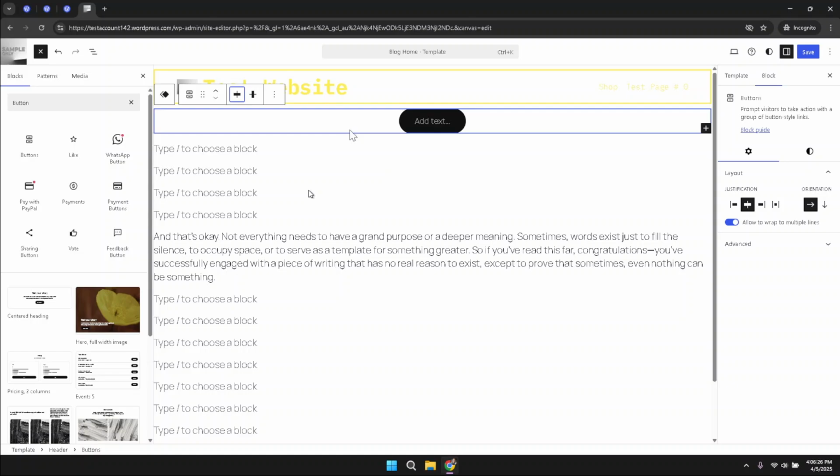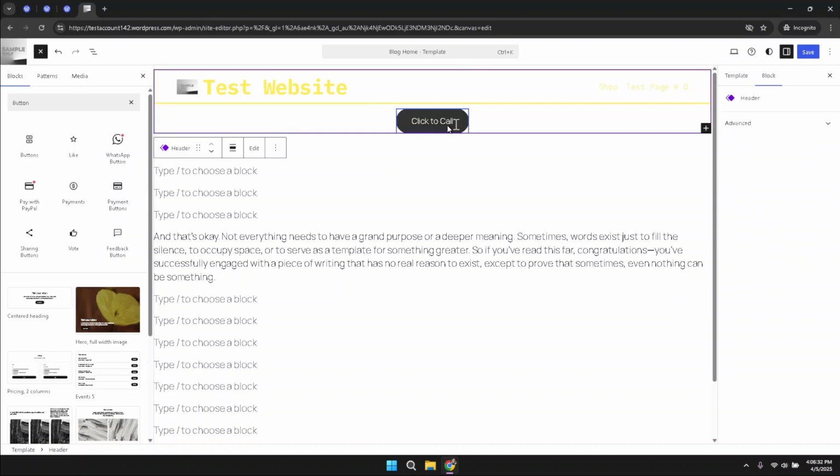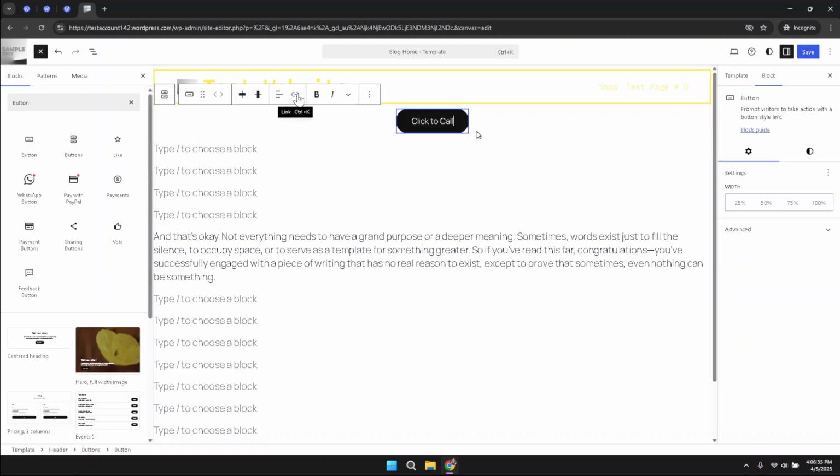and after that here you can see we have already placed the button like this, and here you can just simply type in click to call. And once you click on the click to call, here you can see it will simply look like this. And after that, once you click on this button, you will get the option of link here. Here you can see something like this icon. You have to just simply click on it, and then here you will get the option of typing the telephone